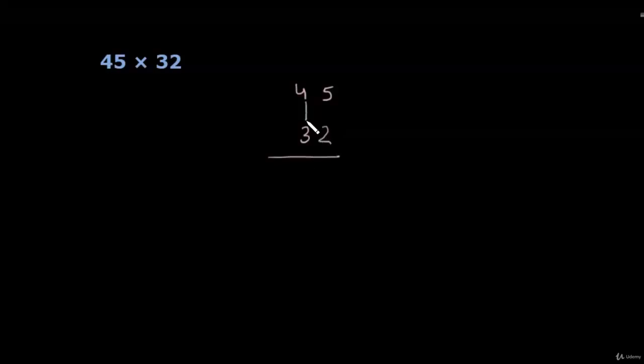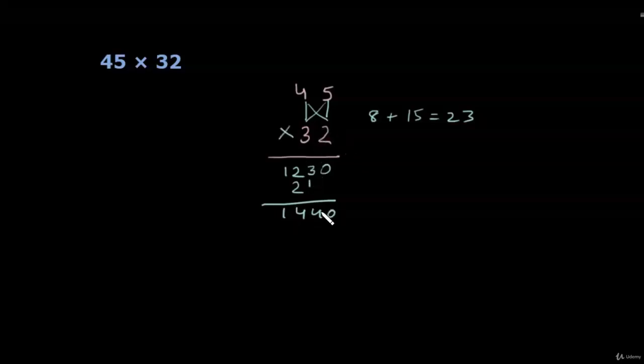First of all, the two numbers in the first column vertically, so 12. And now crosswise, 4 times 2 is 8, 5 times 3 is 15, so this gives us 23. Because 23 is a two-digit number, we will place it like this. And now vertically again, 5 times 2 is 10, so like this. This becomes 1440. We are adding these two. So in this way, we are able to get the answer very fast.